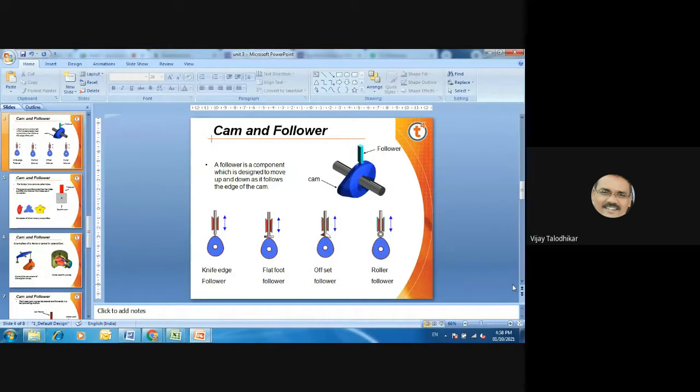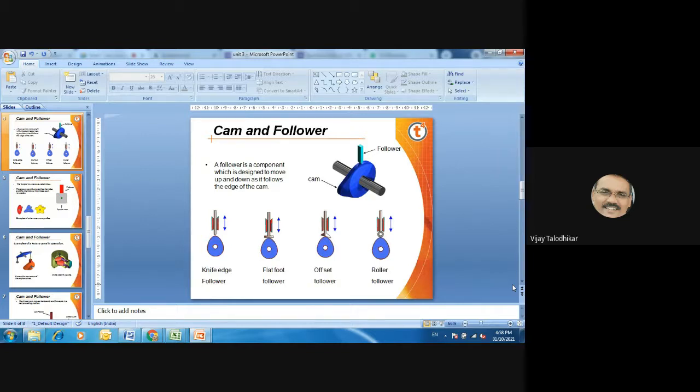there are a total of four links. The first one is the cam itself, shown in blue color. Second one is the roller itself. Roller is another element. It is not attached or stuck with the follower, while in the rest three figures, it is a single member. In the roller follower, the roller is a different element and the follower is a different element.